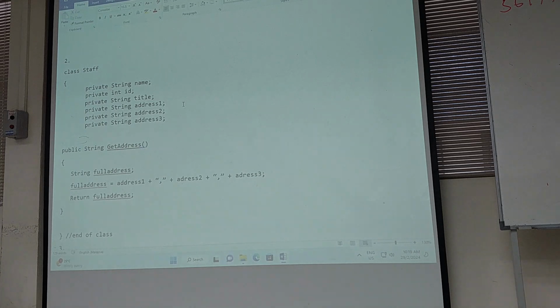Setter is used to set the value. Getter is used to get the value, retrieve the value. Okay, so now in terms of